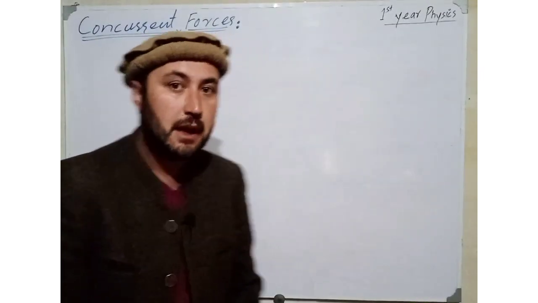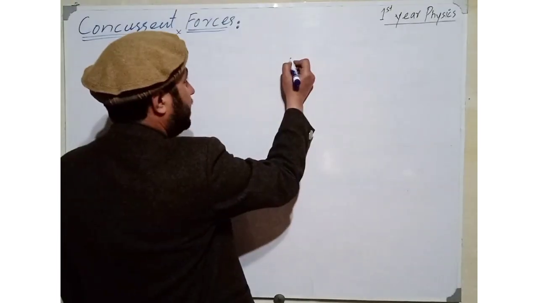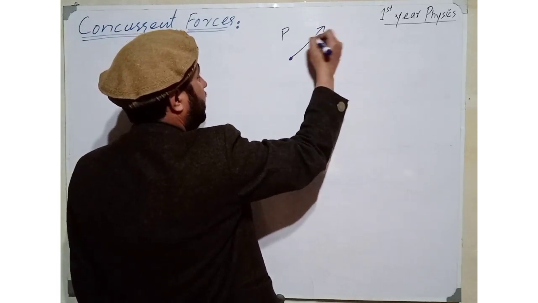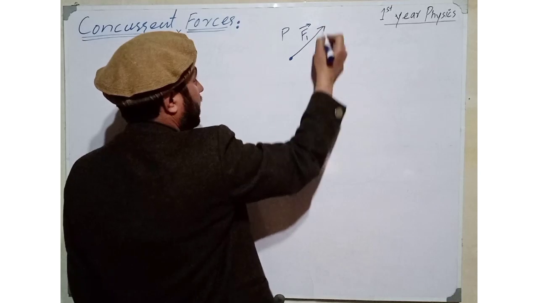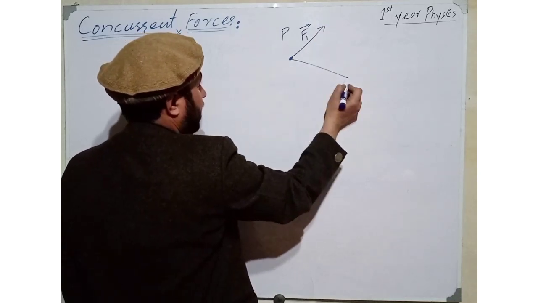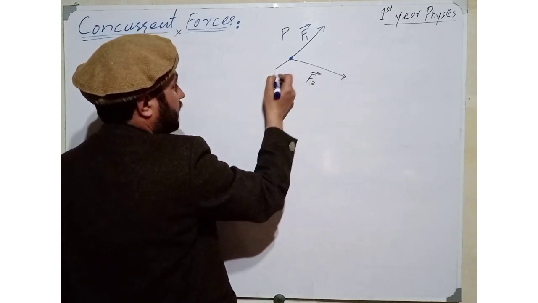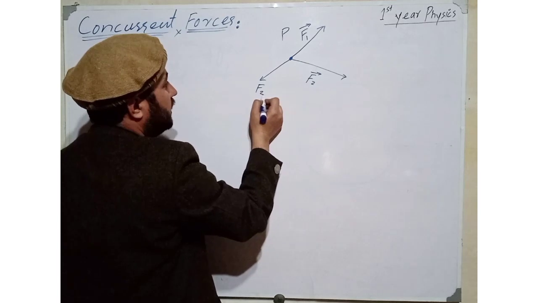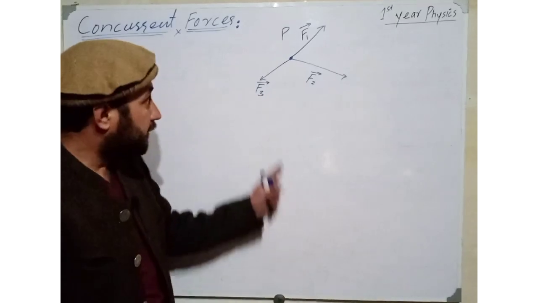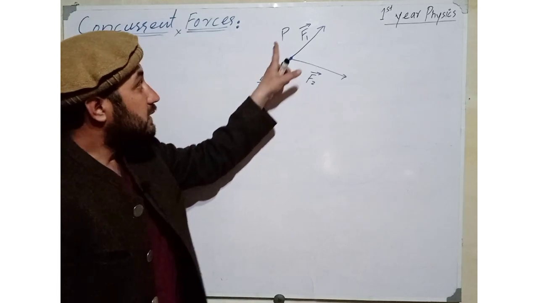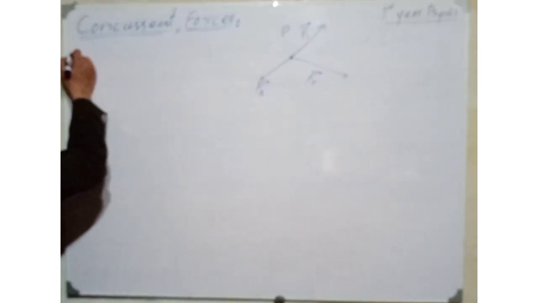Now students, let us say that we have a point P and three different forces. Let's say F1 is acting along that direction, F2 is acting along this direction, and another force F3 is acting along this direction. So we have three different forces acting along three different directions. But if all these three forces act at a single point, then such forces are what we call concurrent forces. So we can define concurrent forces as